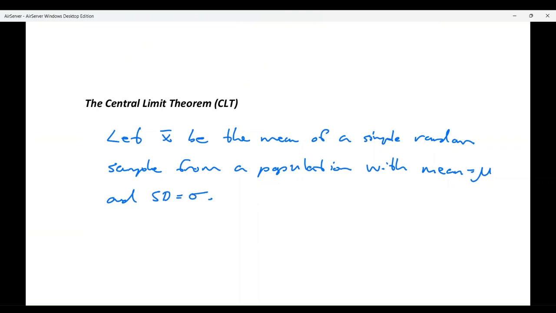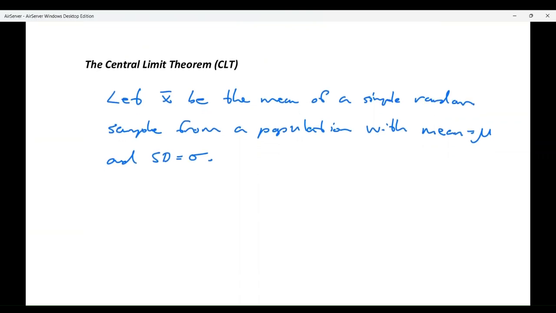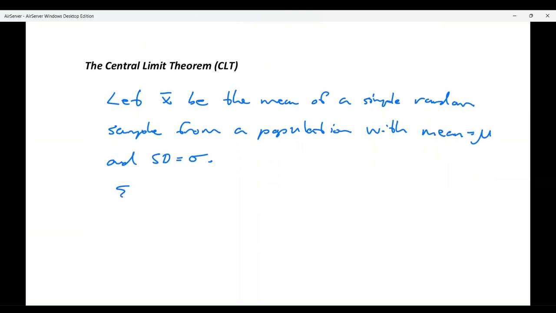Okay, so we're just setting this up. We're taking this simple random sample from a population where we know the mean and standard deviation for that population. If our sample size is greater than 30, then